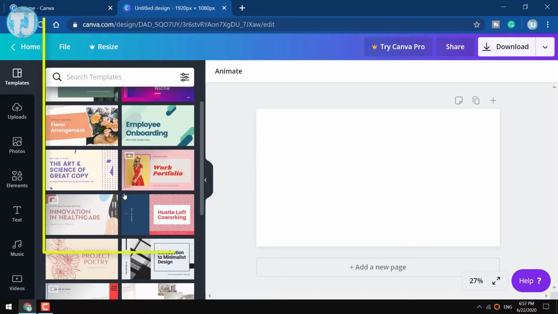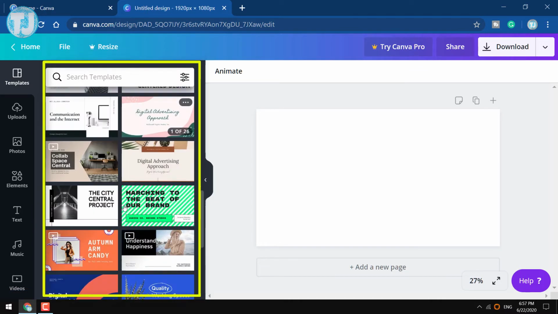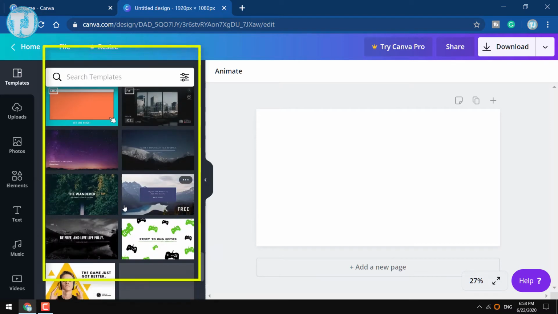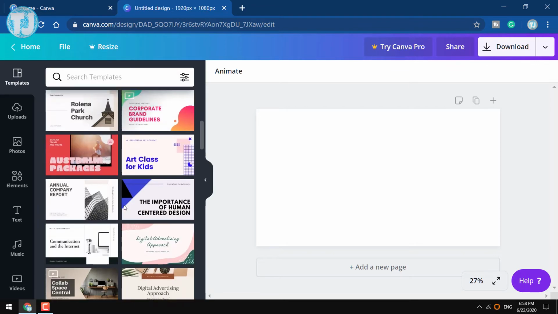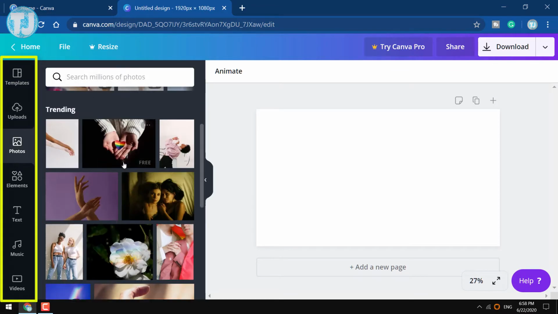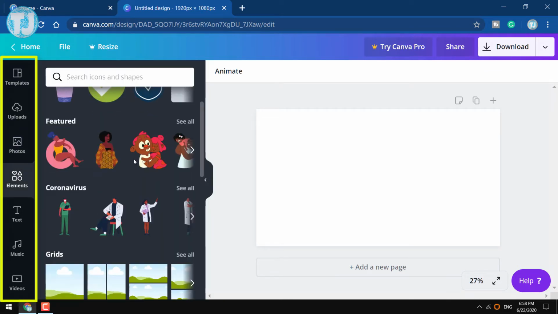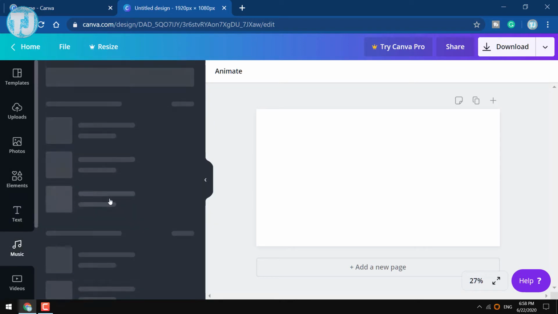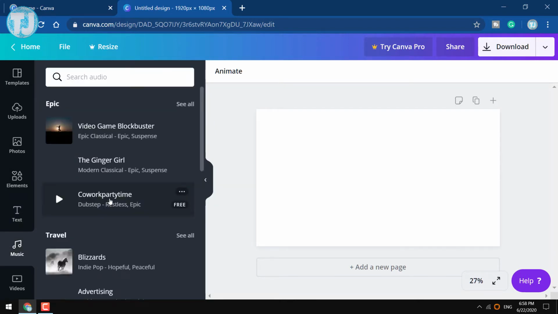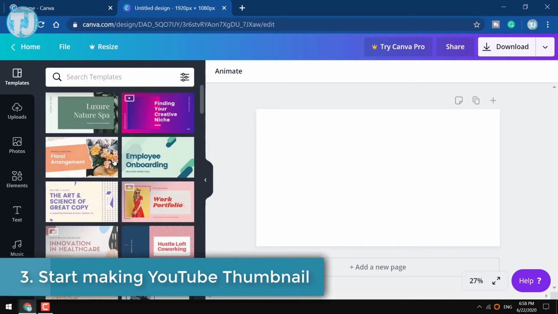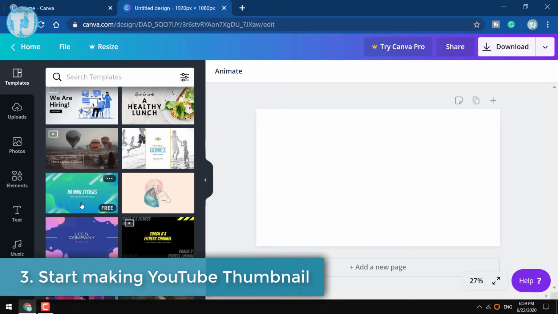On the left hand side of your screen you can see hundreds of templates that you can use to create your YouTube video thumbnail. There are also other options like photos, elements, text, etc. that will help you to create a perfect thumbnail for your YouTube video. Now choose a template to add an amazing design to your thumbnail.